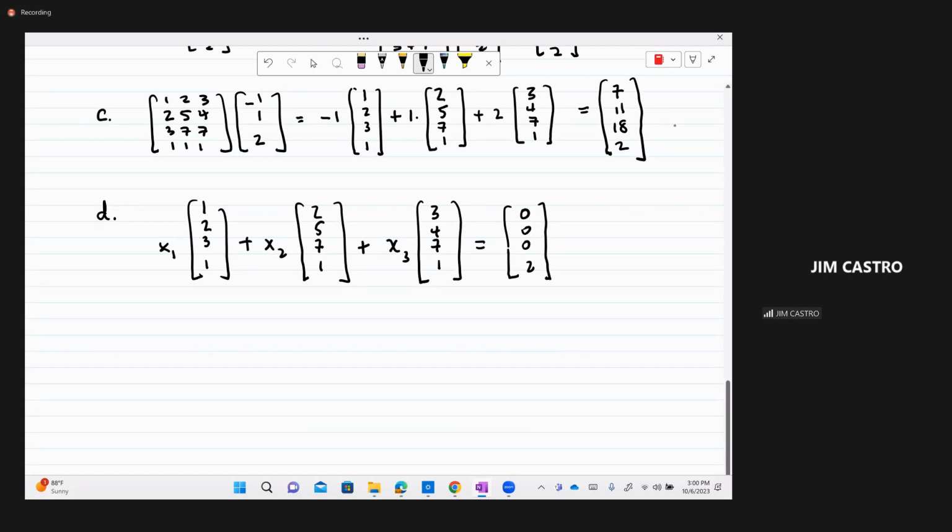I mean, so that's the definition of linear combination. If I can find those scalars, x1, x2, and x3, then the answer is yes. And it says justify your answer. Well, to justify your answer, the best way would be to just actually produce the linear combination